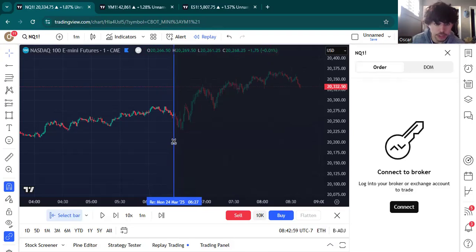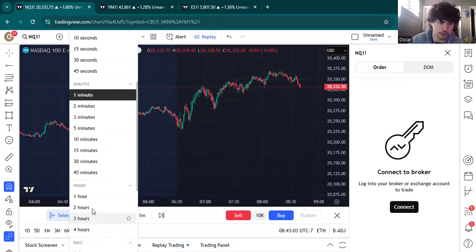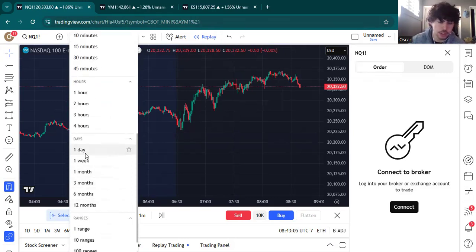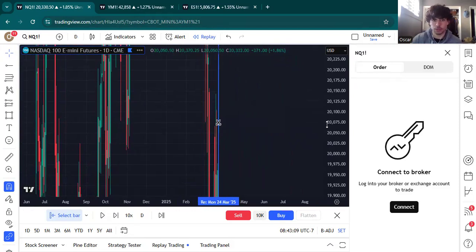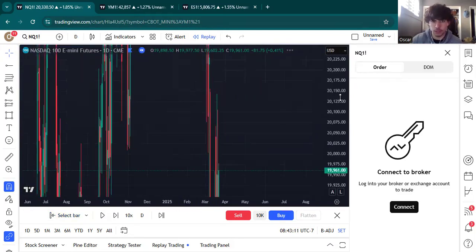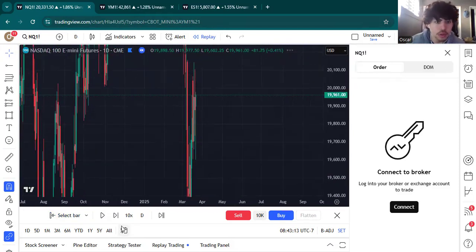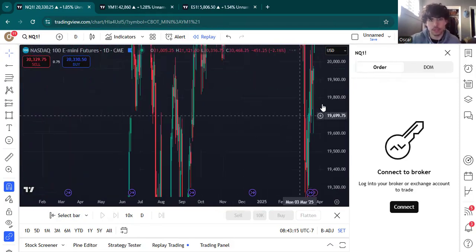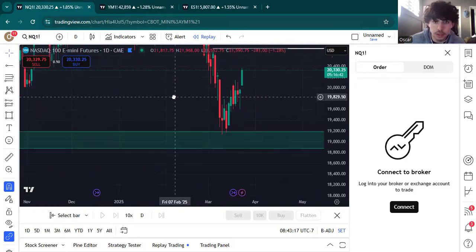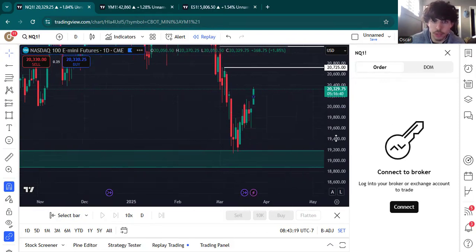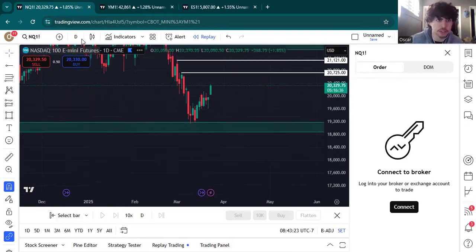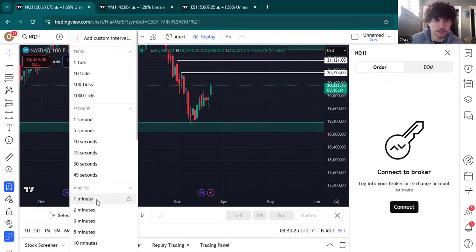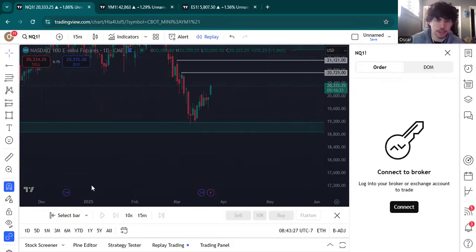Because of that inefficiency and we had already swept all these liquidities, there was no more space for liquidity to be swept. There were no more liquidities to be swept, and we were just respecting this buy side inefficiency right here, this fair value gap. So coming down to the 15 minute,